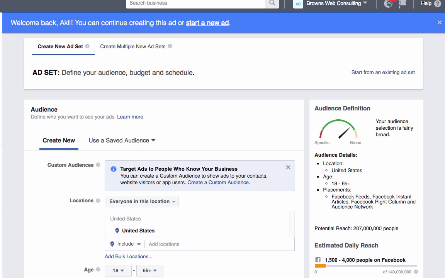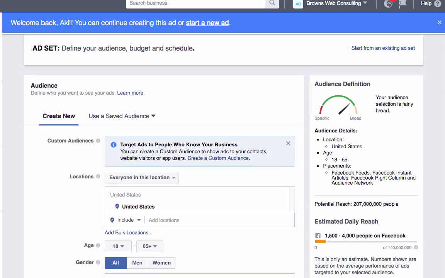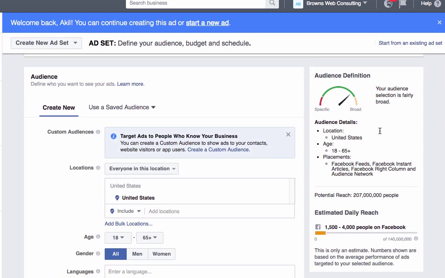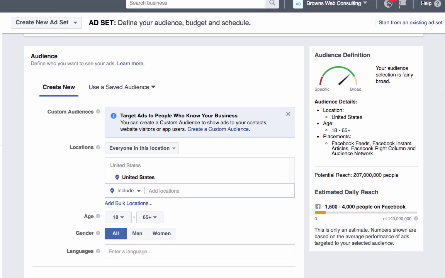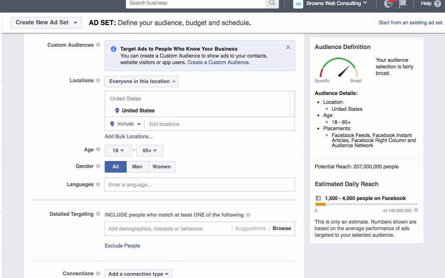So as you can see here, I'm on my ad manager and I'm looking at a particular ad or could create an ad. So when you create an ad, you can choose which of the audience you want to target and which location, as well as, if it's the United States, if it's United Kingdom, or any English speaking countries. So what you may want to do, just close this down here, is have an idea of who your